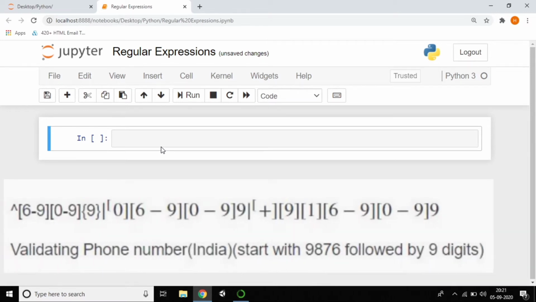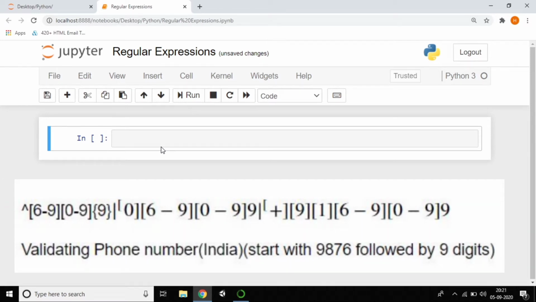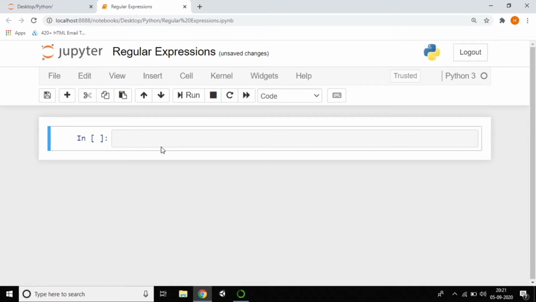It is like a symbolic representation. We'll use symbols like square brackets, dollar, asterisk, plus, question mark, and many more. I'll explain each and every symbol line by line, no need to worry about that. To use regular expressions we need to import a module called re.